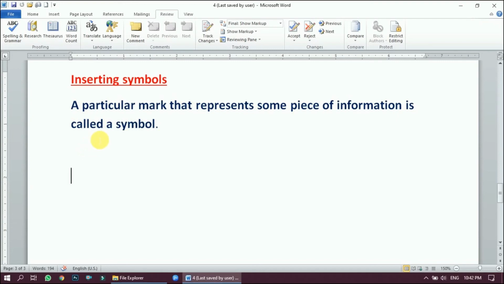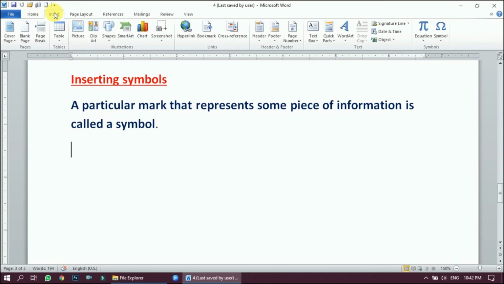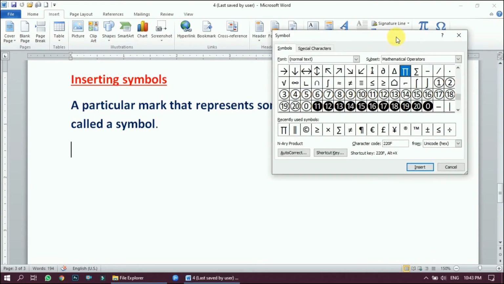So first of all we need to click where we want to insert a symbol, right? Then we will go in the insert tab. In the insert tab, come at the extreme right side and you will get to see a symbols group. In the symbols group you have this drop down menu. Here you can click, the mostly used symbols will be available here, right? So if the symbols are not available here, you can click on more symbols and this box will open in front of you, right? So from here you can insert the symbol, right?